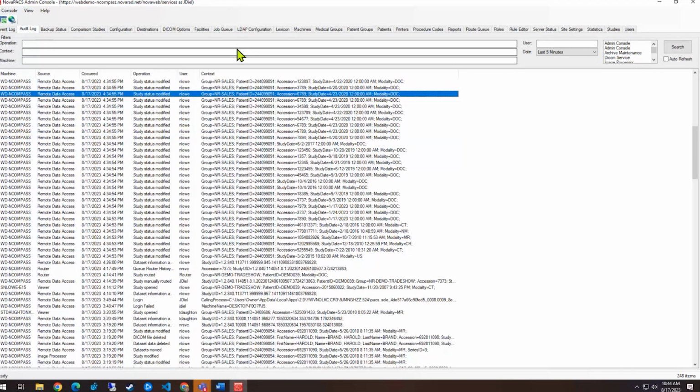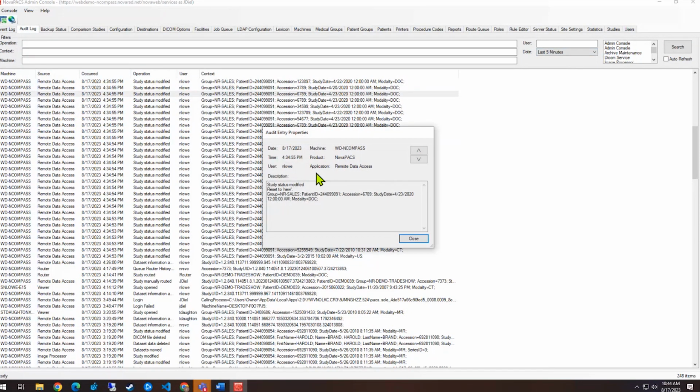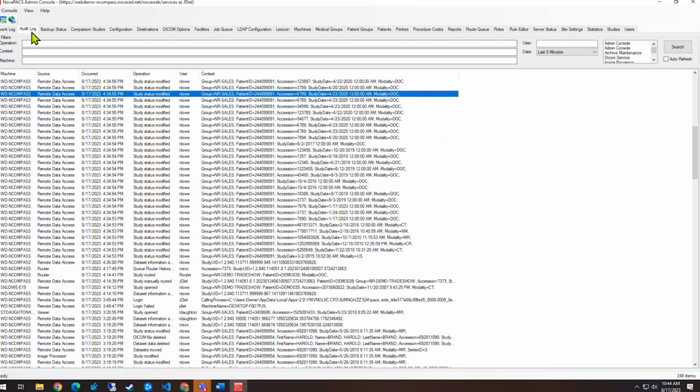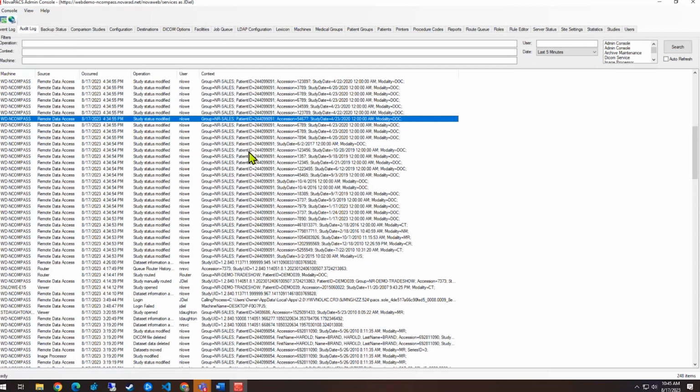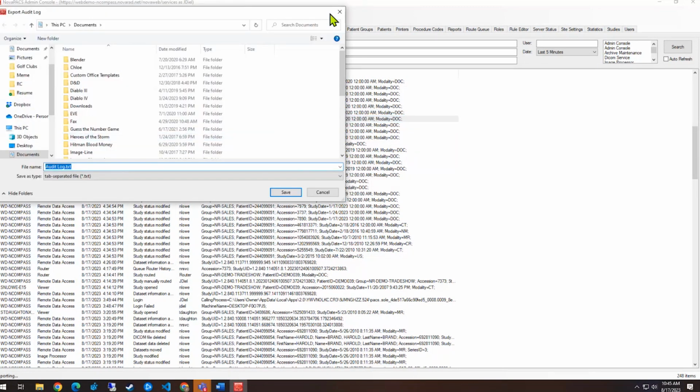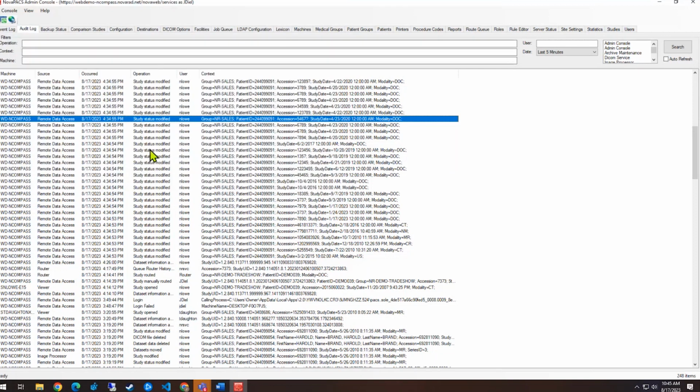So we kind of went through the filters already on the other system. The nice thing about the audit log and the event log is when you have the information that you want, you have it filtered down, and say there's a lot of information here. In this case, there's 248 rows. You can come up to console and you can export the data. And it'll let you dump this onto your desktop or wherever you want to put that data.